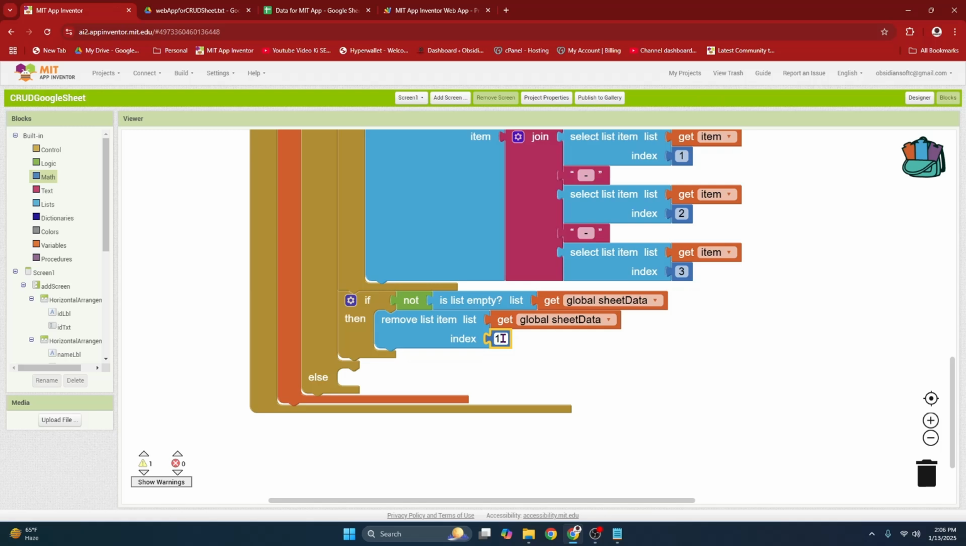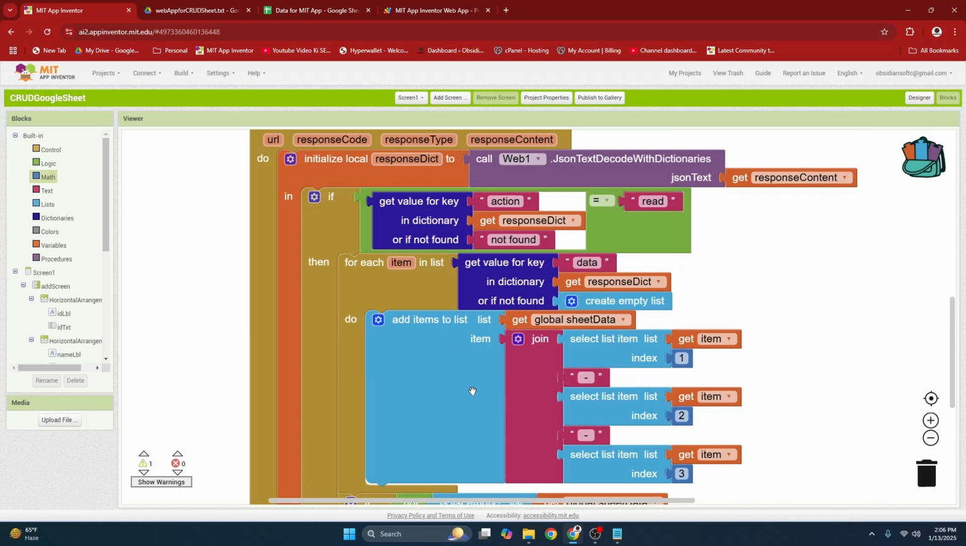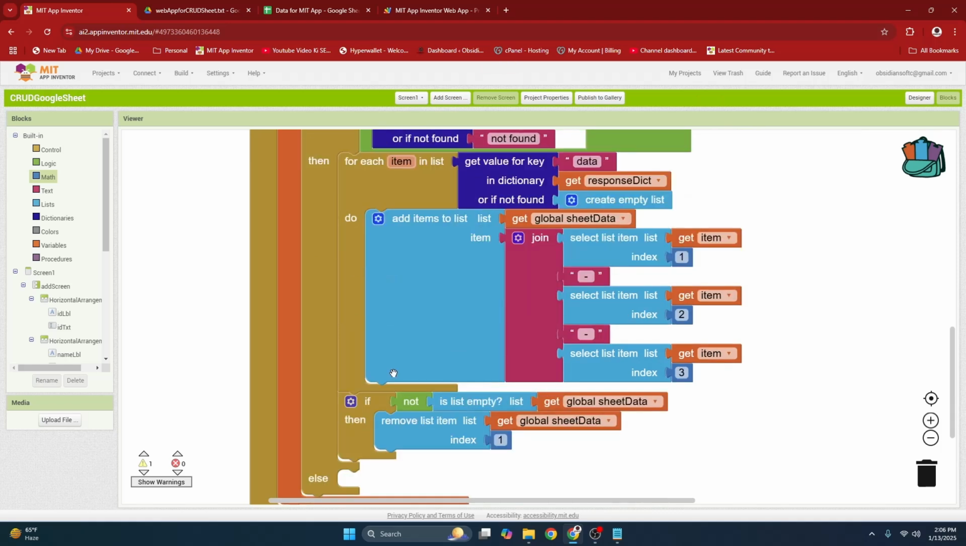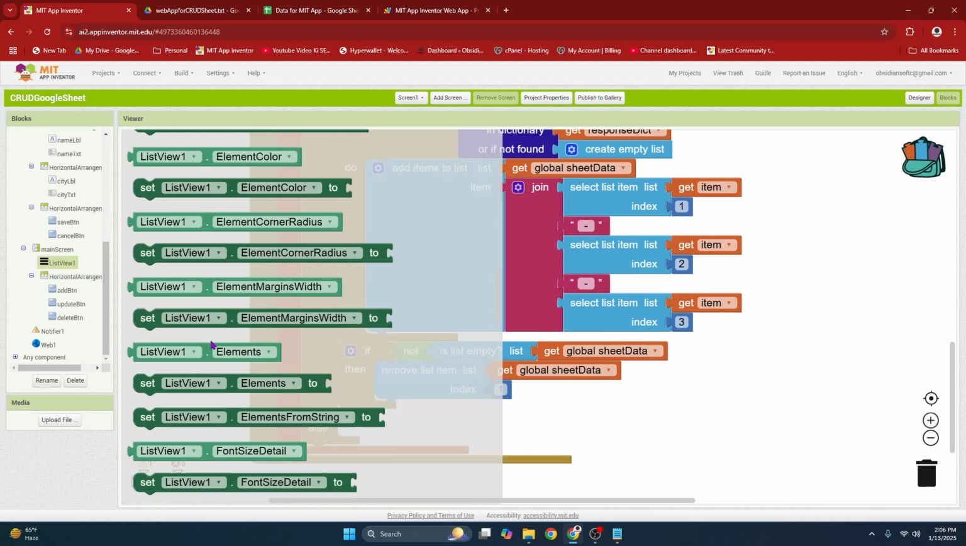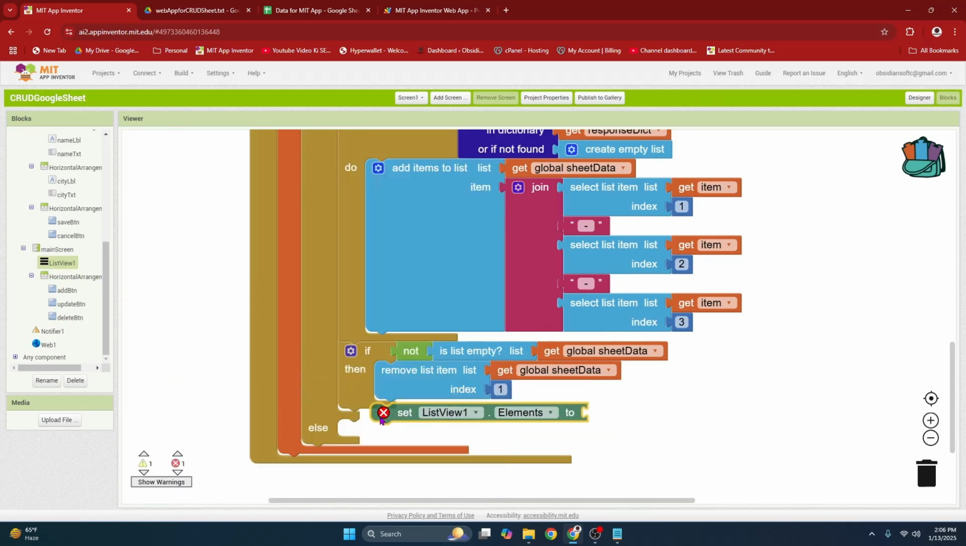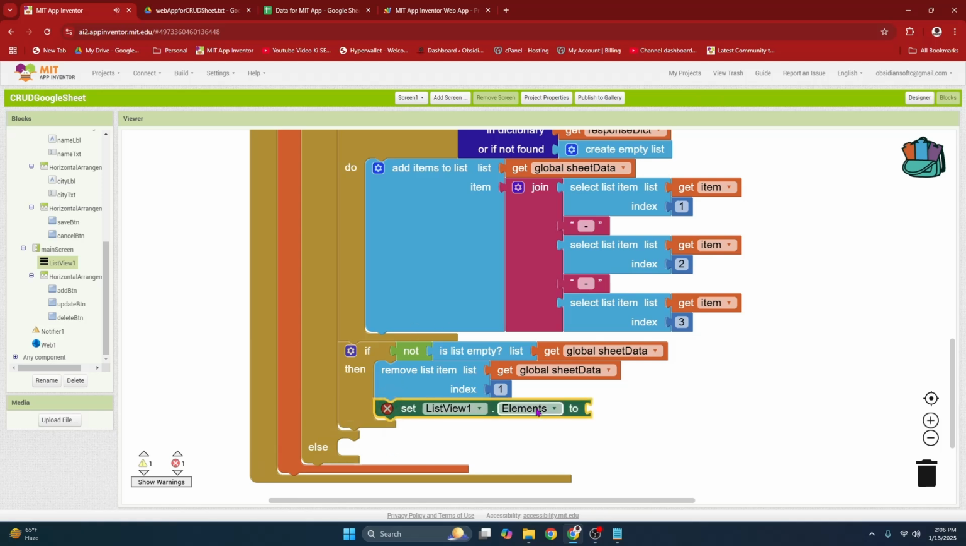The reason why we are checking whether the list is not empty is because in case of some error from the web app, there will be absolutely no data in the sheet data, and then we will be doing a removal on it and you will get an error. So just check before removing the column titles. And then set our list view elements. Make sure it is inside that if block, set it to